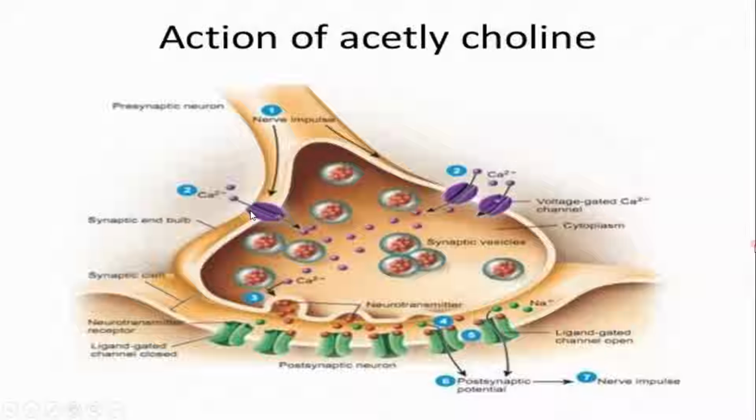Voltage-gated calcium channel, there will be no influx of calcium, or less influx of calcium, and what will happen? There is less release of neurotransmitter, and this will further decrease the force of contraction that will occur in the muscle. Now, how will you differentiate on seeing a patient? A patient has come to you telling that I am having muscle weakness. You are examining the patient. What should you ask?